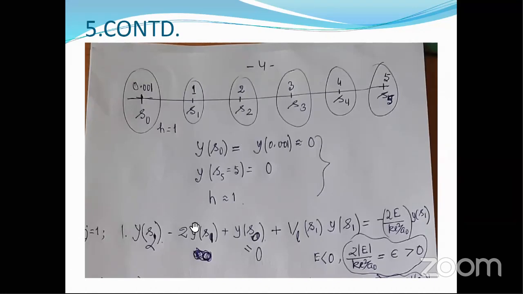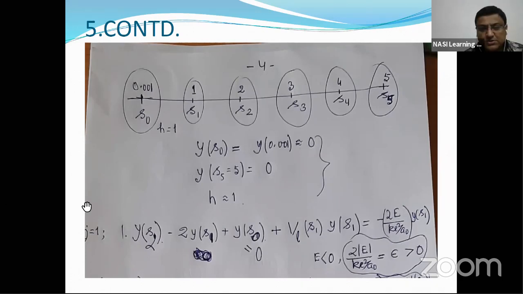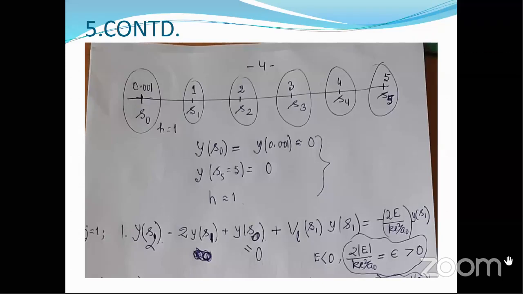Can anyone tell me why I have not taken y s0 as y0 equals 0? Why an arbitrary number, small though, 0.001? Please respond in the chat box. Sakshi Gupta has written boundary condition. Boundary condition. Yeah. No, not really. Not really. Boundary condition,